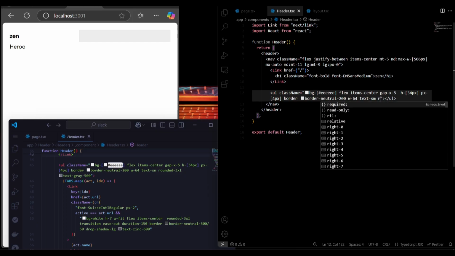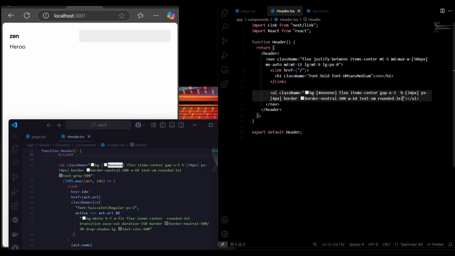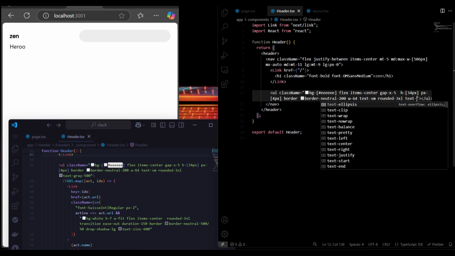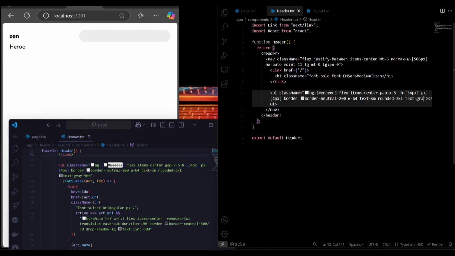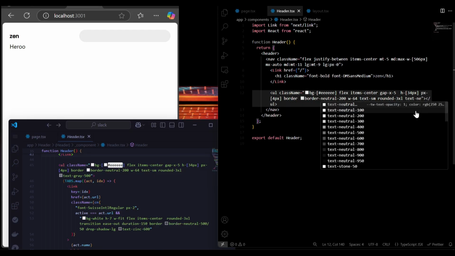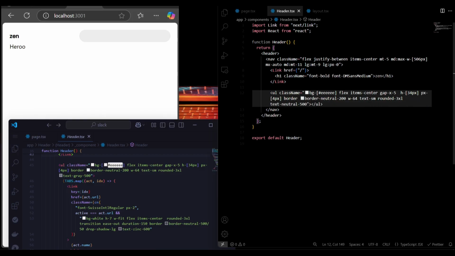Also, we have a rounded extra large, and also we give the text to be of gray. Oh, gray! I don't remember using gray. I don't like gray. I don't like it. So I'm going to be using the neutral 500. That looks better. Aha! As you can see, there's something right here,